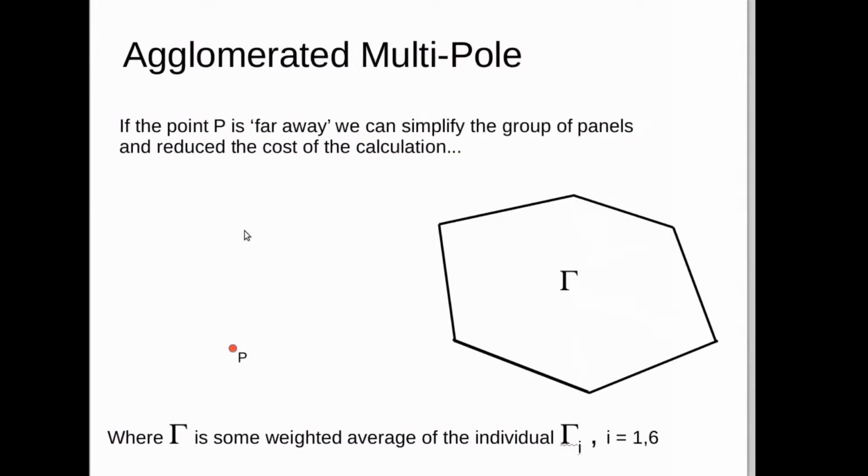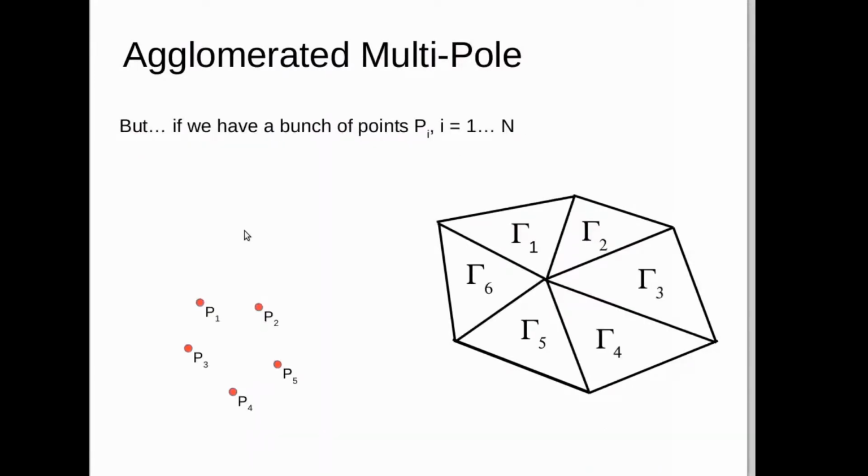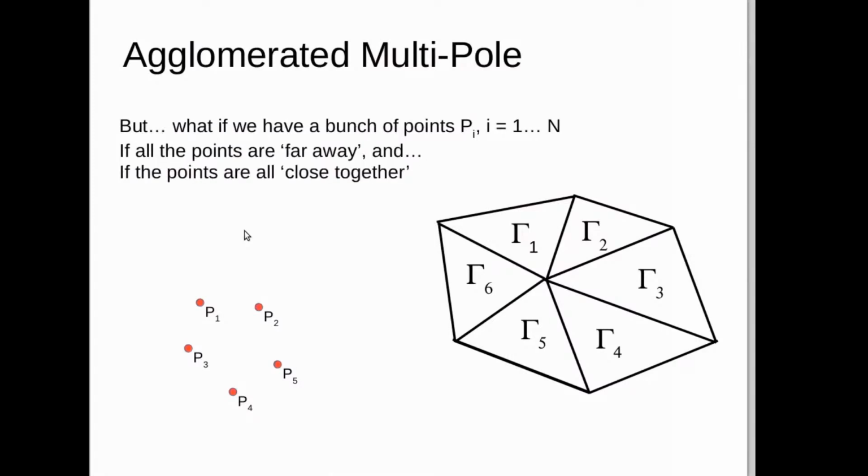We could speed that up by basically agglomerating those into a single loop, assuming P was far enough away. But now, what if we have a whole bunch of points, P1 through P6, and we have that same group of vortex loops, 1 through 6? Well, if those points are all close together, and if they're all far away from those vortex loops,